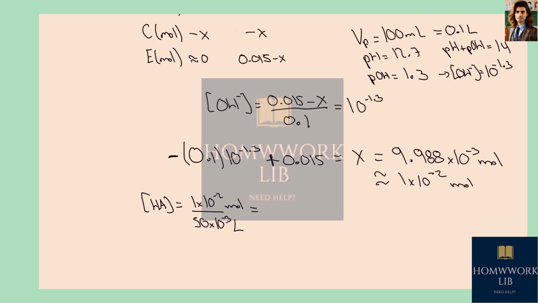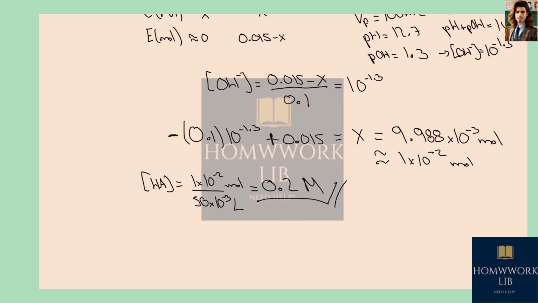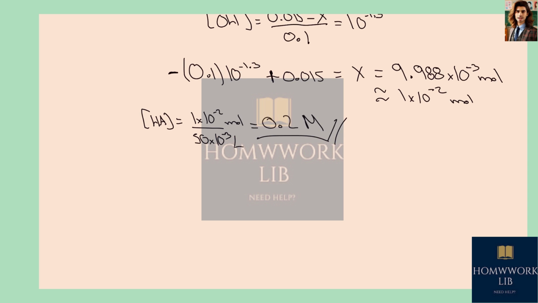Which is a concentration of 0.2 molar. So we know already the concentration of HA at the very beginning, so we can proceed with part B. For part B, we are told that we added 10 milliliters of the OH minus solution, which corresponds to adding an amount of mole of OH minus equal to